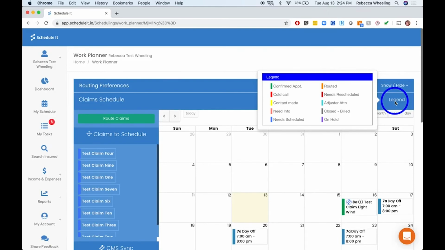Go take a break, and I'll be right back, and we can get started on the third step. That's where I'm going to show you how to route your claims, put them on the calendar, how you can move them around, and then how you can also confirm them, and then we'll be looking at your mobile app as well. All right,